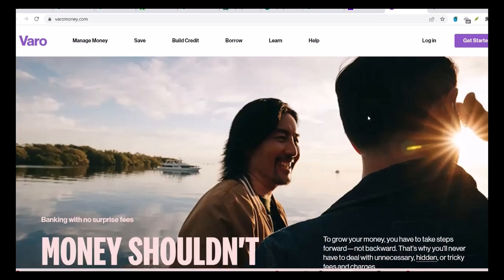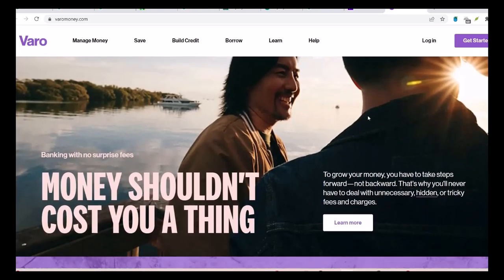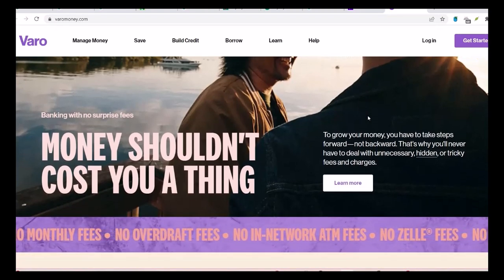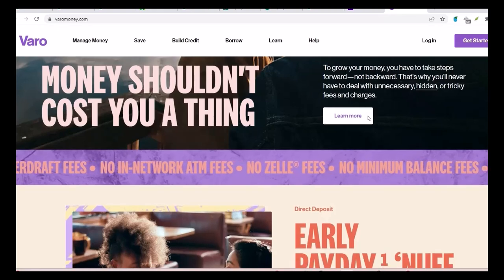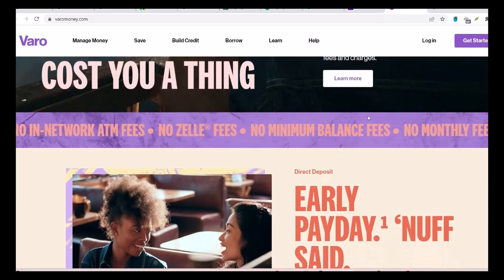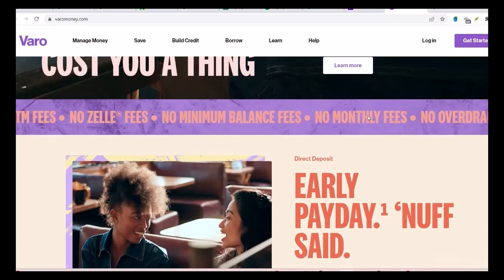Step 4. Confirm closure. Once you've submitted your request, Varo will likely confirm the closure. Keep an eye out for any emails or notifications from them. Important considerations. While closing your Varo account might seem straightforward, there are a few things to keep in mind. Closed accounts and credit score. Closing a bank account generally doesn't affect your credit score, but it's always a good idea to monitor your report